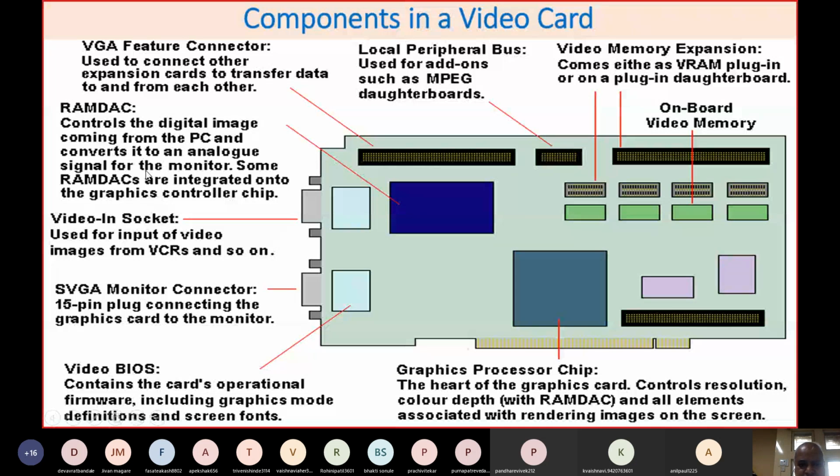Now you have already understood. Now let's take this example. This is an SVGA monitor connector, that means a VGA monitor connector. Then if you see the output of VGA, as we said, it is the RGB, and these are analog signals. So the digital signals of that particular image have to be converted into the corresponding RGB.